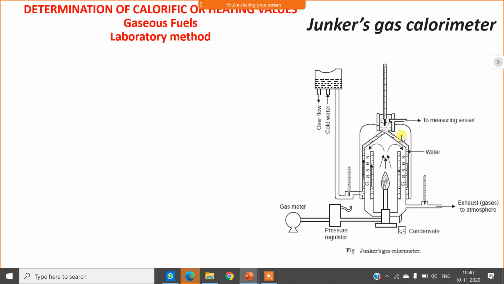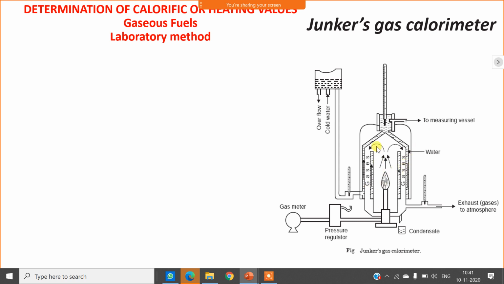Now to balance the left hand side and right hand side, we have to multiply it with a factor. We have to equalize the unit. That is, on the left hand side it is kilojoule per meter cube and on the right hand side it is kilojoule per kg. We have to equalize the unit.